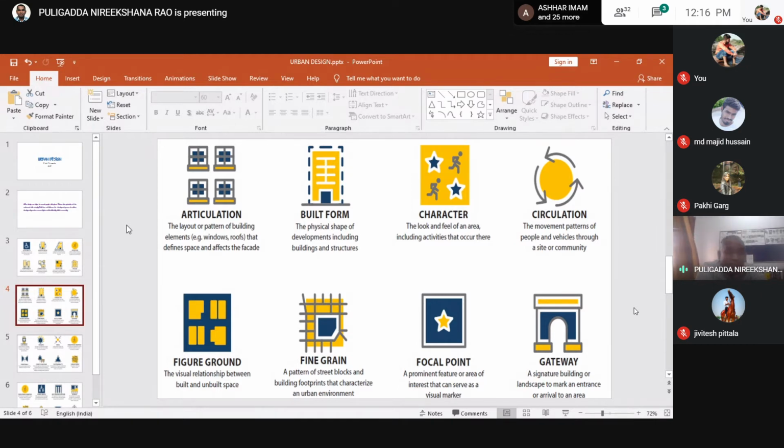So you can see, whenever you visit, even the texture of the building, we can easily identify the colonial style. If you go to see Connaught Place, all the buildings are colonial style, because there is some kind of articulation, there is identity.